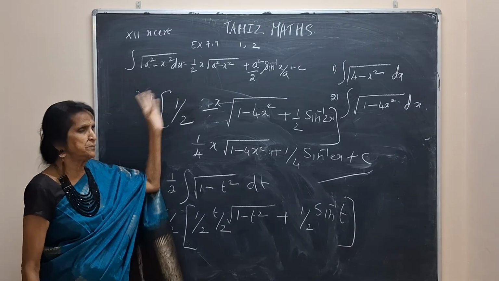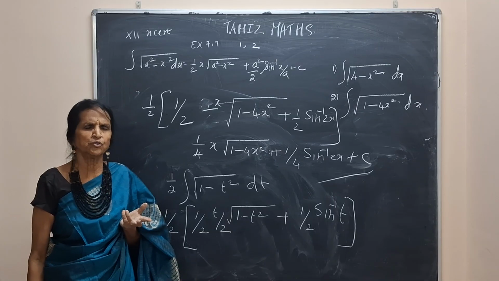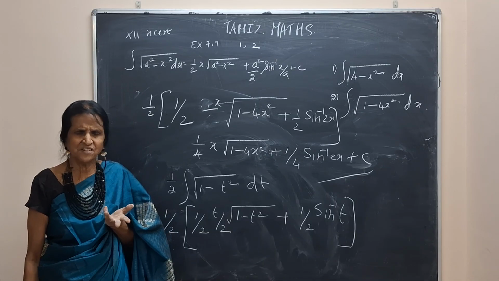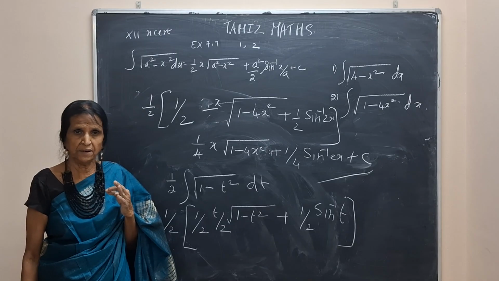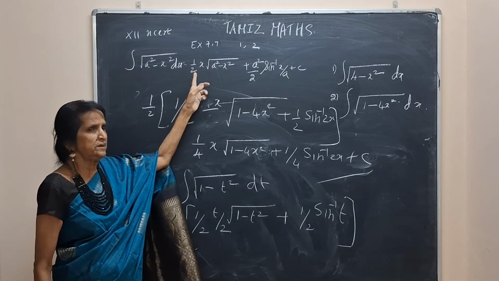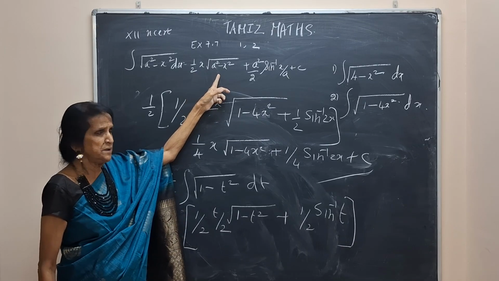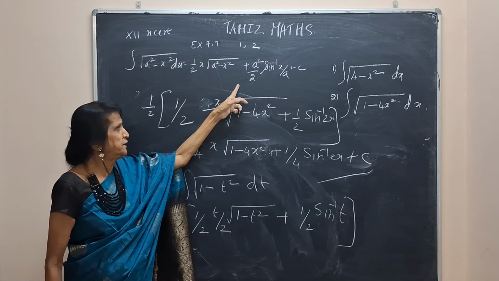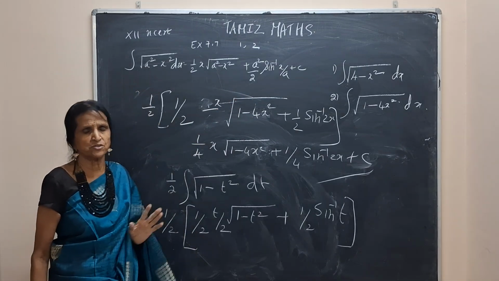So this is to be remembered by you, and I gave you a way to remember. Don't even say half. If you ask me why can't I say, yes, you can say if you want. But I'm telling you something so that it will always be there in your mind, and when you start putting it on paper, it will flow to you. x by 2 into root of a square minus x square plus a square by 2 sine inverse of x by a, that is the integral of root of a square minus x square dx,